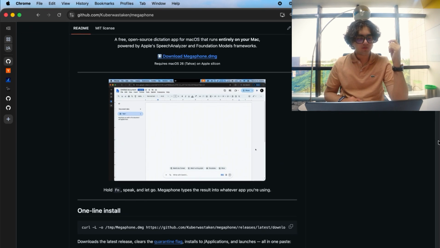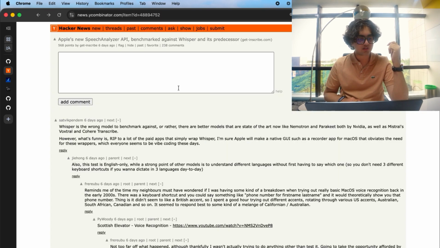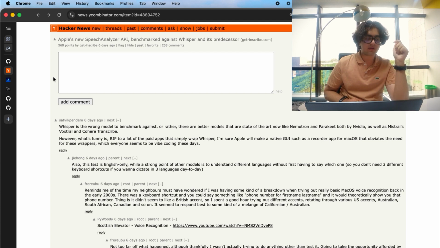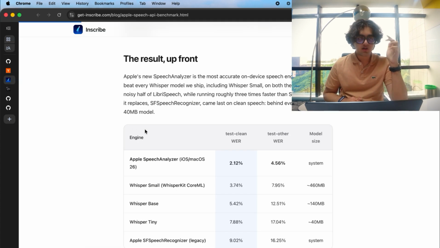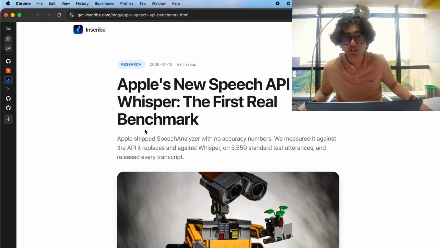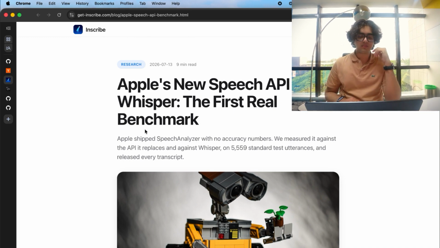So it all started when I found this Hacker News post which compared Apple's new SpeechAnalyzer API with Whisper's model. Turns out Apple had shipped a local dictation model on the new OS and people hadn't even heard of it. I personally love using dictation apps when I'm programming because it helps me actually put my context forward. But I absolutely hate that I need to pay for it every single month and that all the transcriptions actually happen on the cloud. So when I actually saw this, I was super pumped